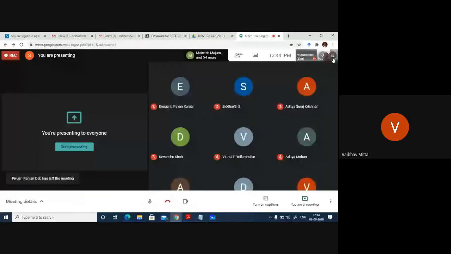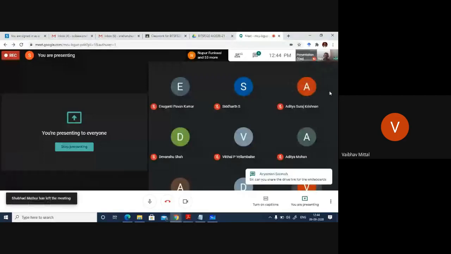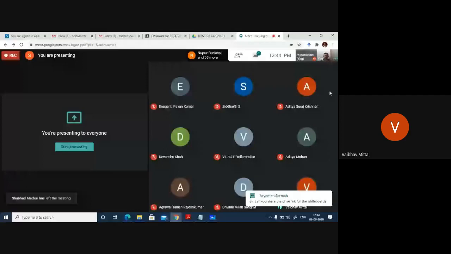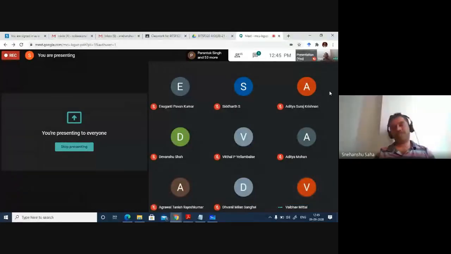Go ahead. Are we expected to know things like converting into row echelon form and finding the basis of a matrix or rank of a matrix? No. See, I have solved one example in class, right? That comes from the rank-nullity theorem. So if you are required to find the dimension of the null space of T, there is an easy way to do that. You really do not need to do any row echelon form.